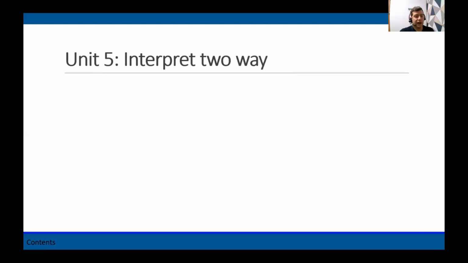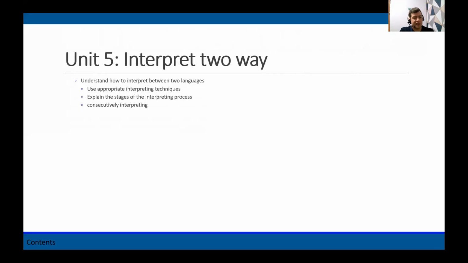Unit 5 is Interpret Two-Way. So this is a really important one, both for the exam and for interpreting as a whole, because it really zeroes in on all the different skills that you would need to exhibit as an interpreter when you're performing the main role that an interpreter performs, which is interpreting a conversation between two languages. So of course, we talk about how to interpret between two languages, and that would include using appropriate interpreting techniques, explaining the stages of the interpreting process,